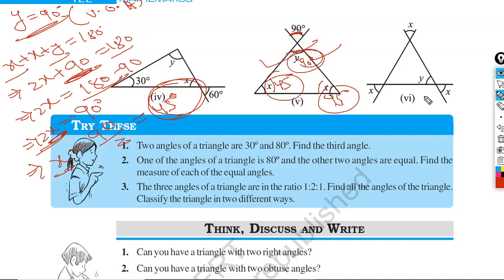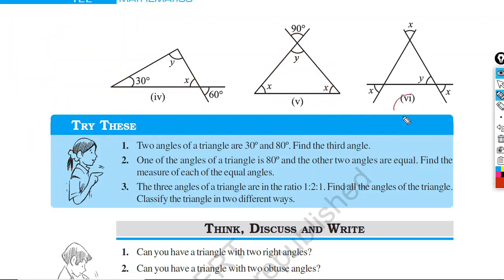In this way, please try it. I will move to the last one. Okay, here you see, this angle is x, so you can write this angle is x. Now here it is also x, that means they are vertically opposite angles. Here you have x plus y. Again here y equals x. Why? Because you see this angle is y, this angle is x, therefore y equals x, as they are vertically opposite angles.